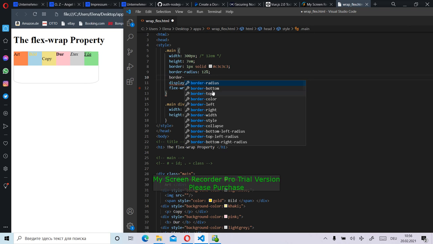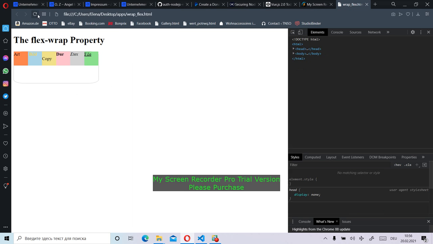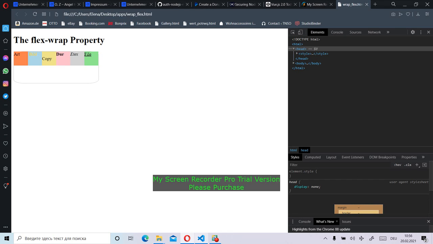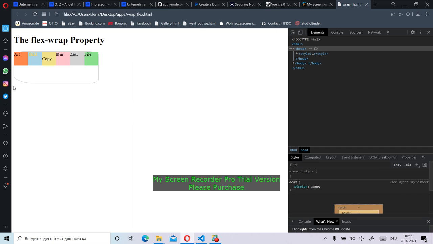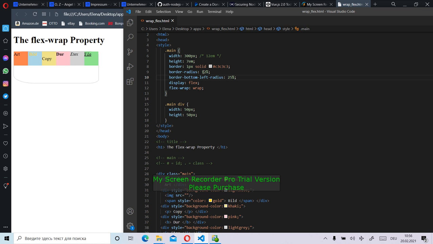It's called bottom. Bottom 25%. So bottom left radius. So use this, and it will give you more changes, because you said that this size will consist of